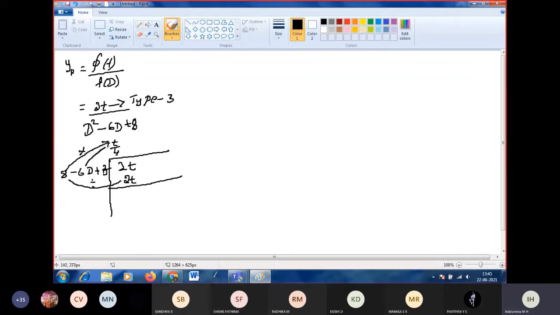Next, this into this. Minus into plus is minus 6d of t by 4. So keep 4 outside. What is the differentiation of t with respect to t? D means d by dt. It is 1. That is 3 by 2, minus 3 by 2. Next, what does the double differentiation become? 0. So now change the sign. Here we got 3 by 2.